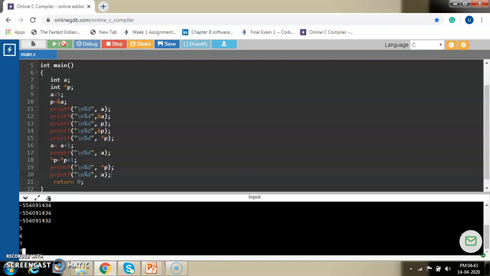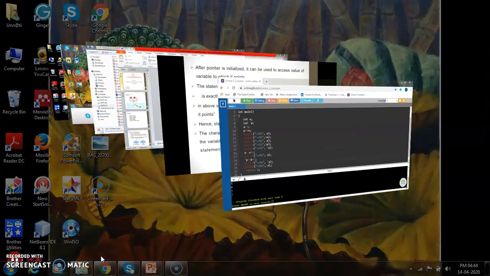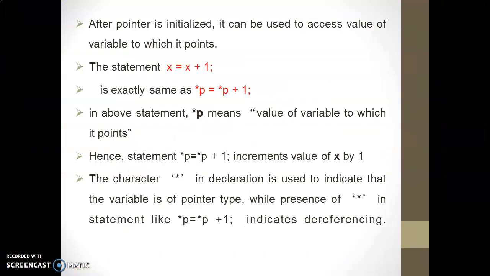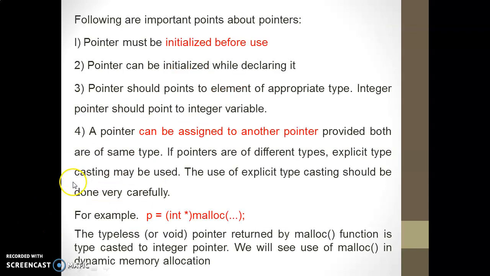Whatever change we do through that pointer actually happens in that variable's location only. We are not creating any other space for that variable, but we are only making changes to the location that we assigned to the pointer. That is very important to understand. Okay, so this is what I tried to explain to you.